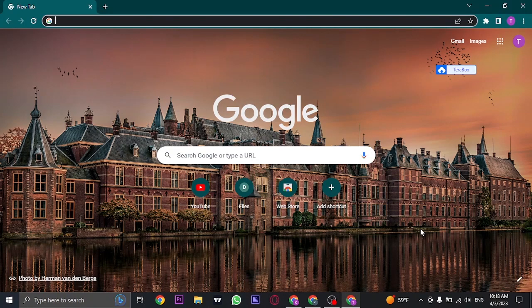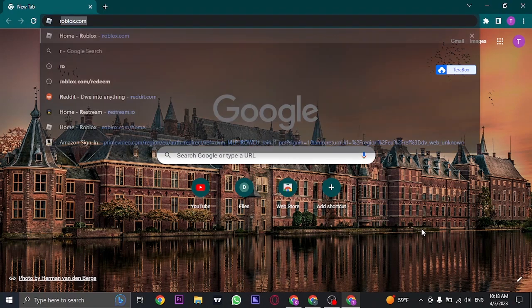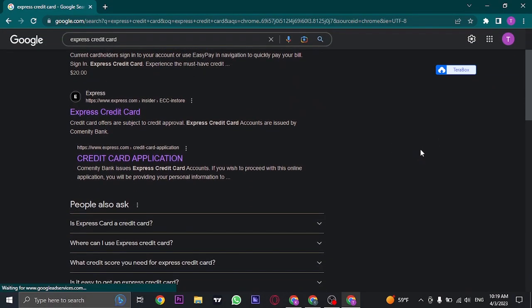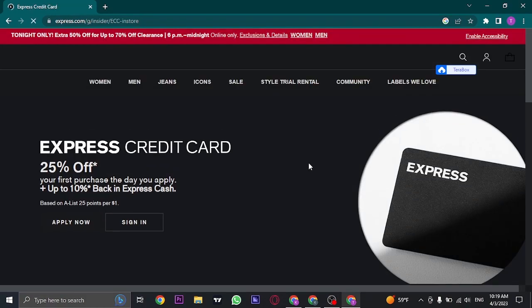First of all, open up your web browser and search for Express credit card. Once you search for it, you can see this link which says Express credit card, and make sure that it is the website of express.com. So just click on this link and it's going to take you to a section where you need to first log into your account in order to activate your card. So just click on sign in,